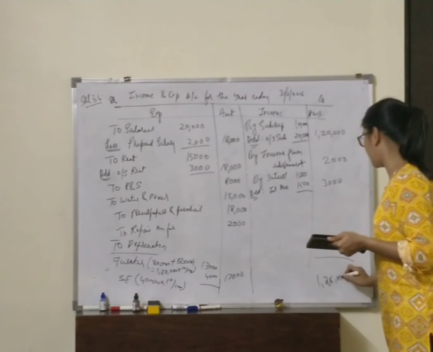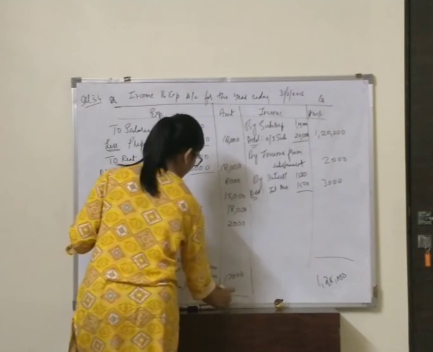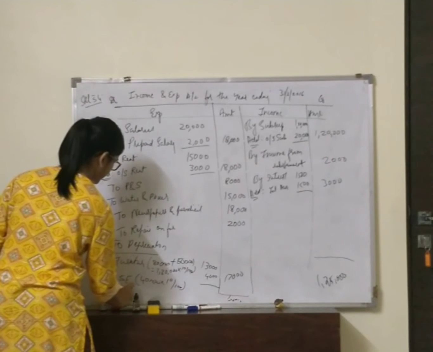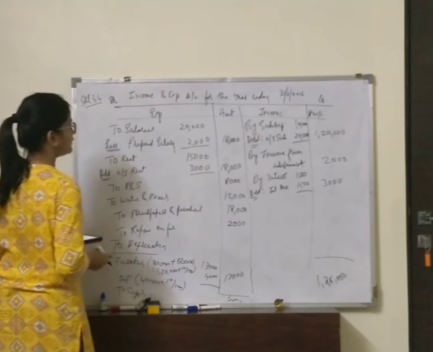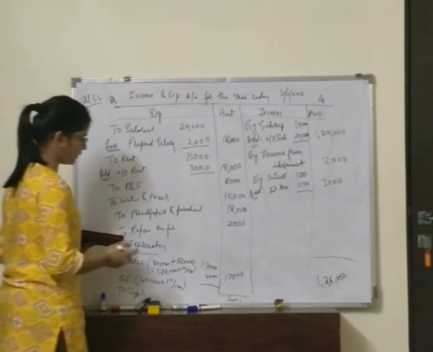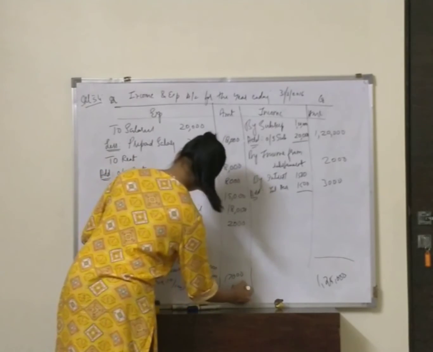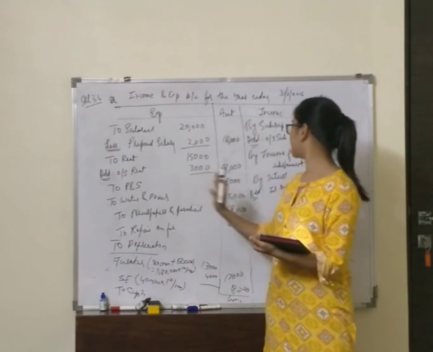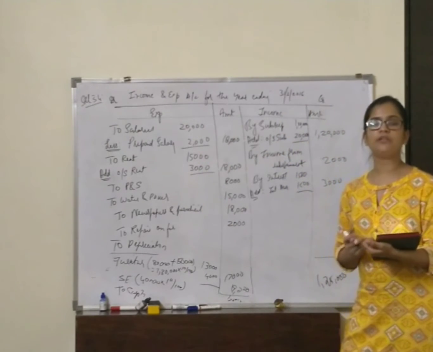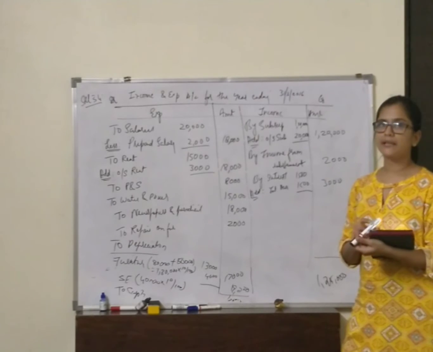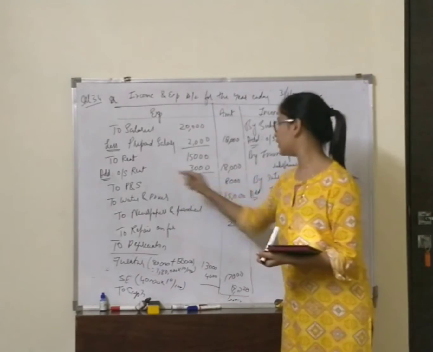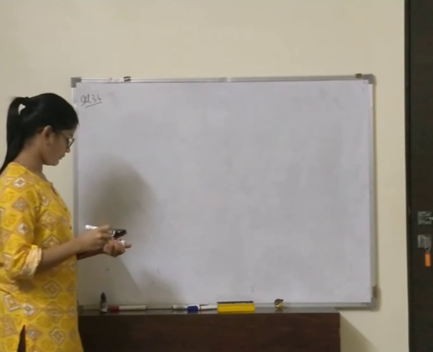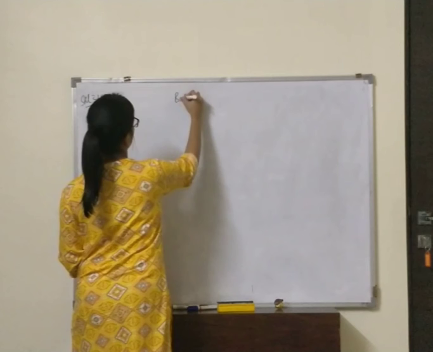So write down the total. Credit side is more, 1,25,000. 1,25,000. Last we get to surplus, excess of income over expenditure. How much is it? 19,000. So I would be giving you working notes for subscription, rent and interest, so that when you refer to the problem, you would clearly understand how we got the outstanding figures. Last, take down